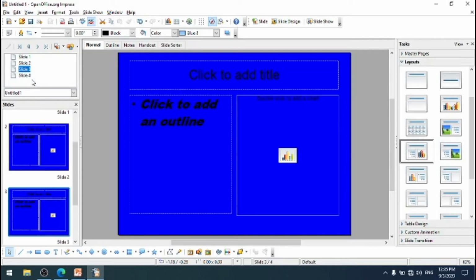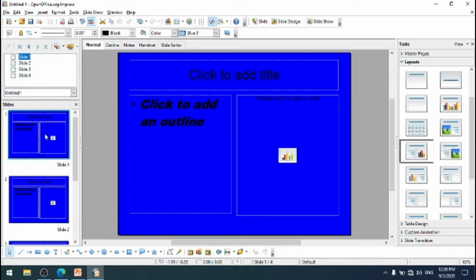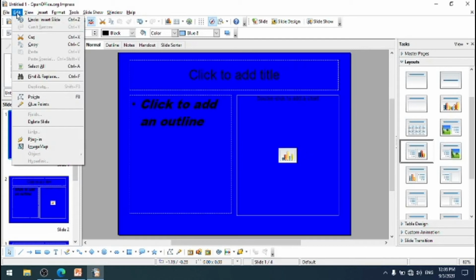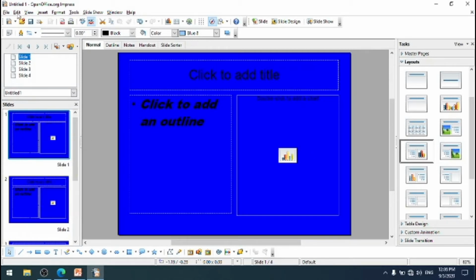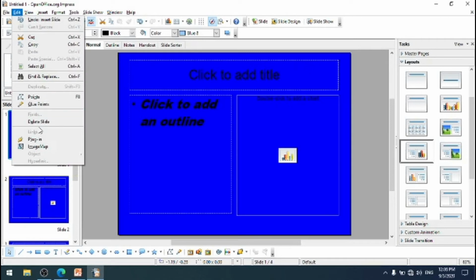Now we are going to study about deleting slides. You can delete a slide at any time using the following procedure. First step, select the slide you want to delete. Suppose you want to remove the first slide, first you should select it, then edit, and then go to delete. So in this step you can go to edit, then you can use the cut option, or you can delete. Right click, then delete slide. That is another step. You can use the edit menu to delete the slide, delete slide option.